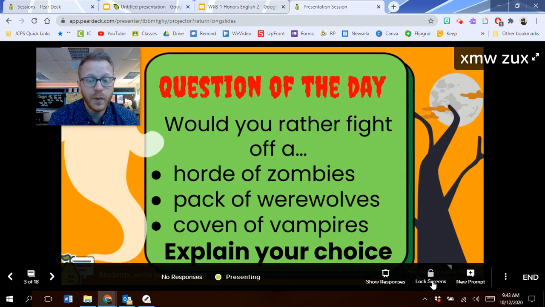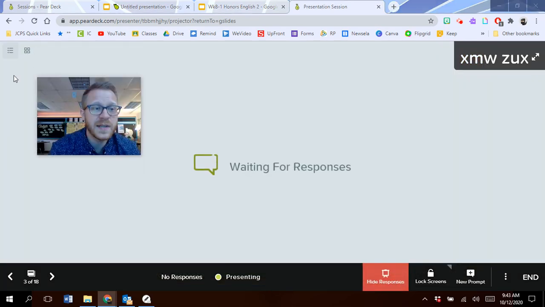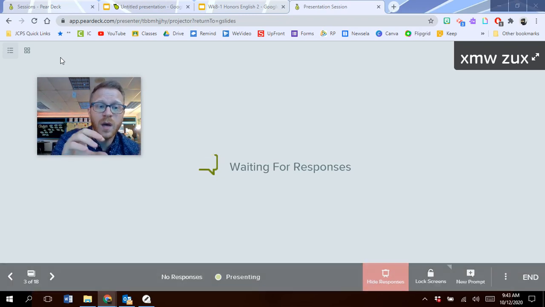I can at some point lock screens, or I can set a timer to lock those screens after a certain amount of time has passed. I can then show responses, and you can show them in several ways. You can show a list layout, or you can show a grid layout. If it's a drawing or a draggable, you can even show an overlay. So you can lay them all on top of each other to show where student lines are or where they've